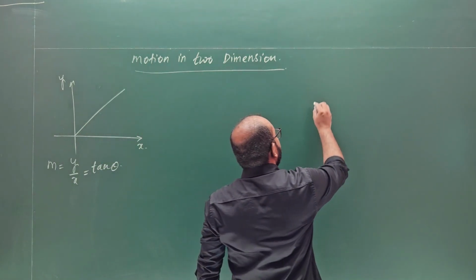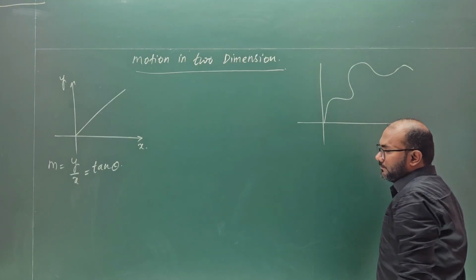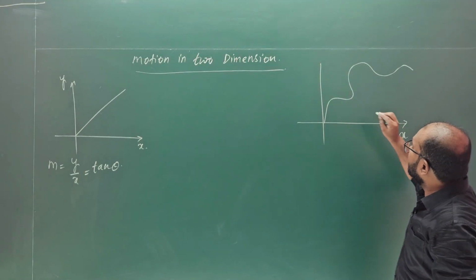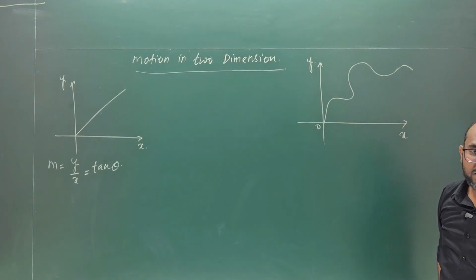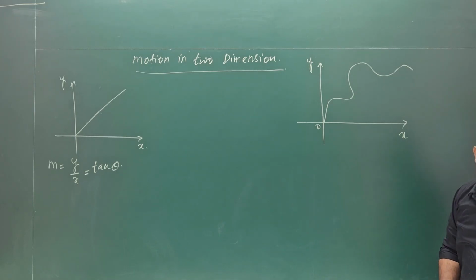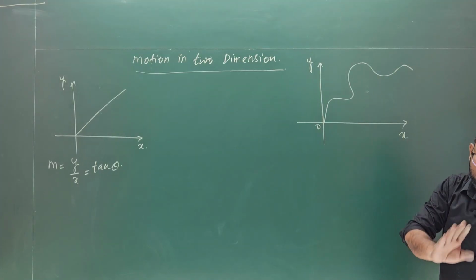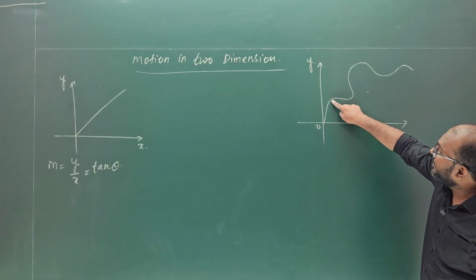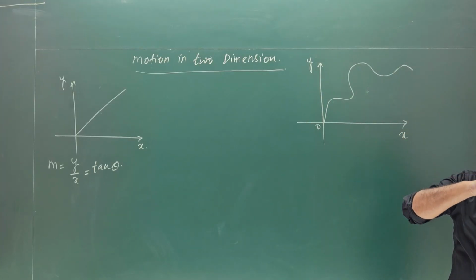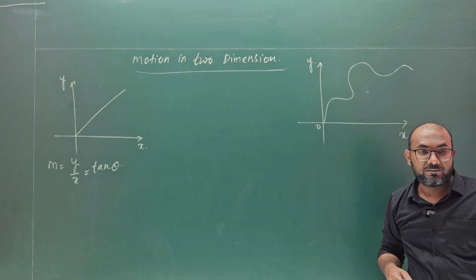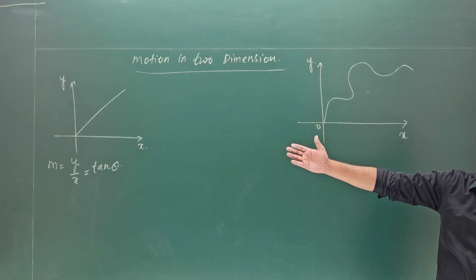Similarly, consider body is moving like this. This is your again x-axis. This is your again y-axis. This is your origin. Body is starting again from origin but moving in a random direction, not in a straight line, but moving in a plane, anywhere in the plane. Then can I say that at this point or at this point or at this point, at any given time, slope is also changing? Yes or no? So theta is not equal here. Over there theta is equal.